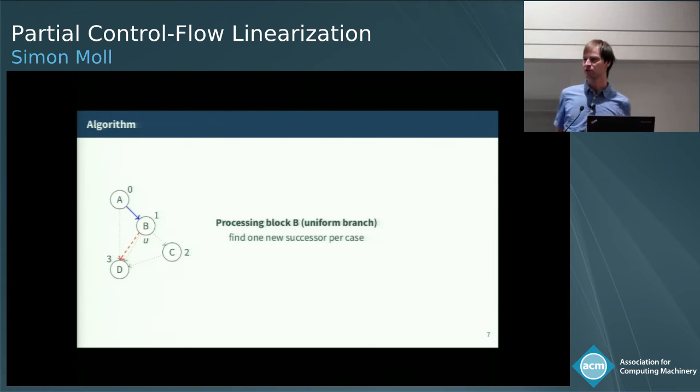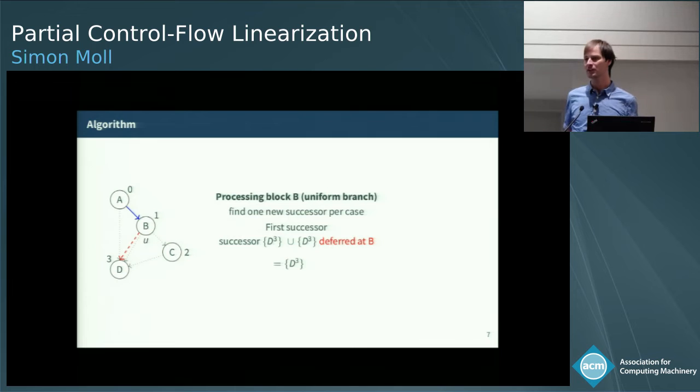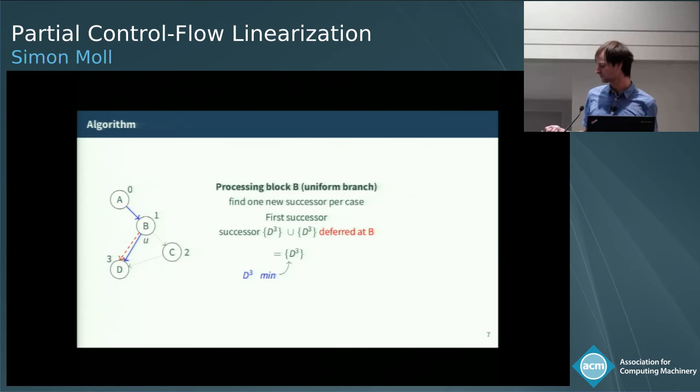In case of a uniform branch, we can have multiple outgoing edges, and we're going to find a new successor for each case of the branch. So let's have a look at the first case, which branches from B to D in the original graph. To find a new successor, we're not only going to take the successor set we had in the original graph, but we're also going to add all the deferral targets that are tagged to B. And we do that for varying branches as well. This just wasn't necessary for A because the deferral relation was initially empty. And again, we're going to extract the minimum to find the new branch target. And all the remaining blocks we're going to add as deferral edges to D, but this set is empty, so